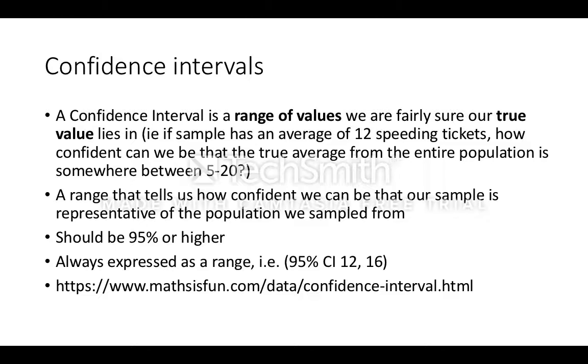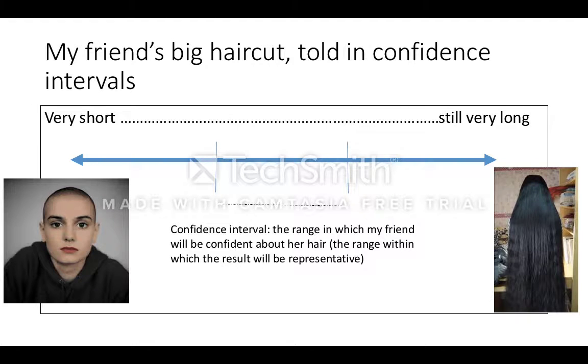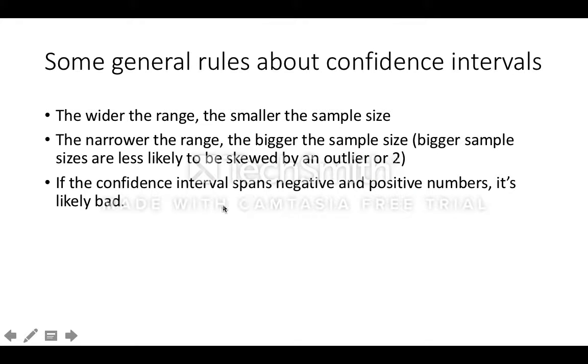So I have another example of a confidence interval. This is not about data. This is an example about a friend of mine who has long hair and wants to have short hair. And as we know, rather than using numbers, we're using pictures here. So at the extreme end of the short hair scale is Sinead O'Connor. At the other extreme of very long hair is someone else whose feet you can't really see because their hair is so long. And the confidence interval is the range,